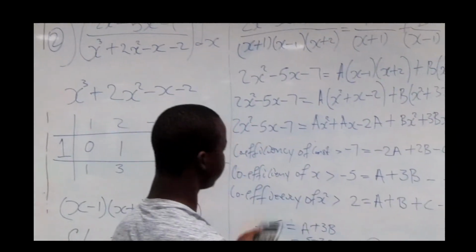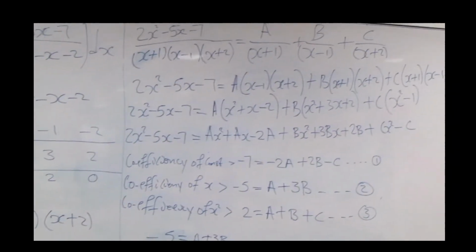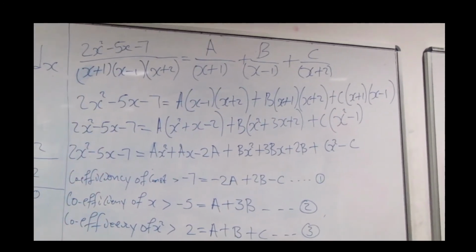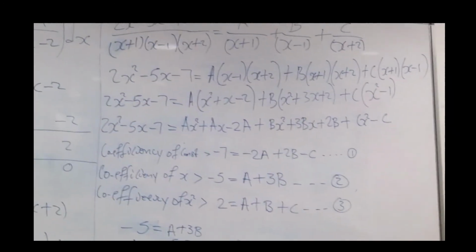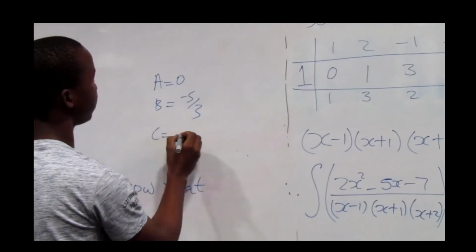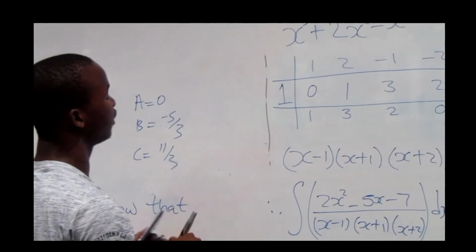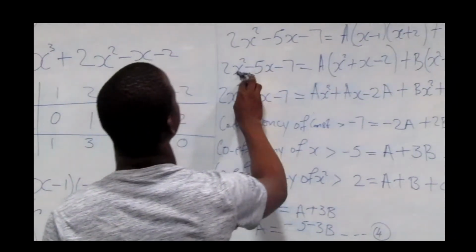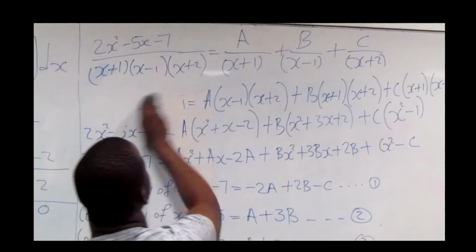I'm going to erase this and start here again. Our A equals 0, our B equals -5/3, and our C is 11/3. Then, after simplifying everything,